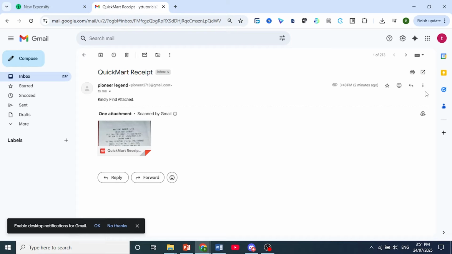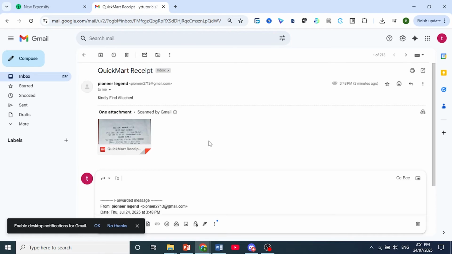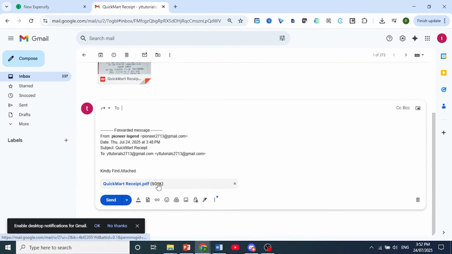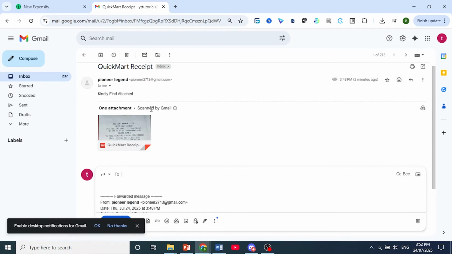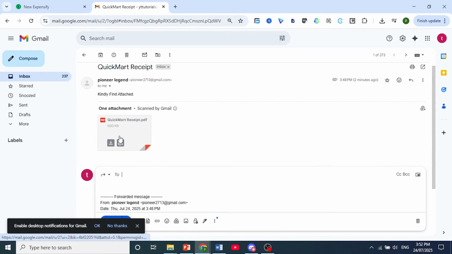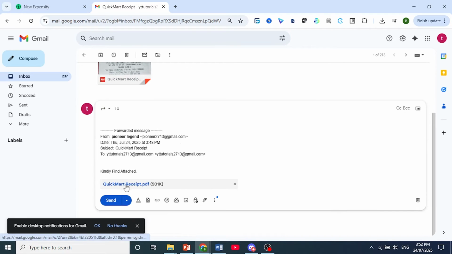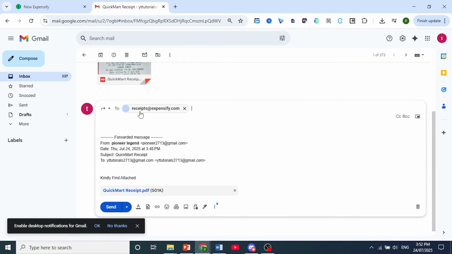So you can click here on forward, or you can click here as well on these three dots and then click on forward. And when you're forwarding, make sure the attachment that was in the body of the email is also being forwarded. So whether it's a PDF of the receipt or PNG, whatever it is, make sure it's also being attached. And then I want you to email it to this email right here,